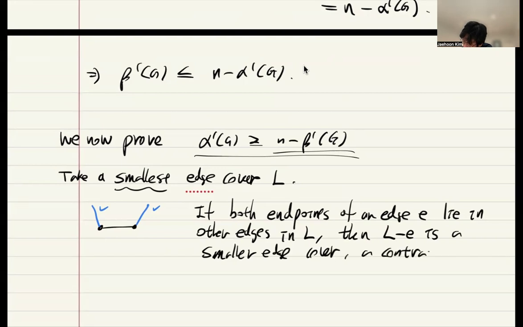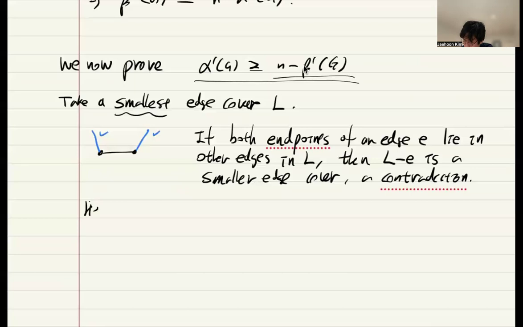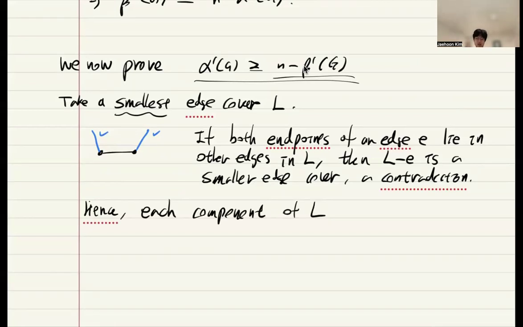This is a contradiction. Hence, each component of L, so you take L and then you take a connected component, has at most one vertex